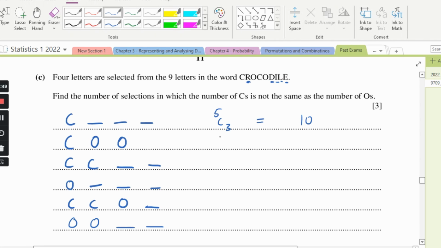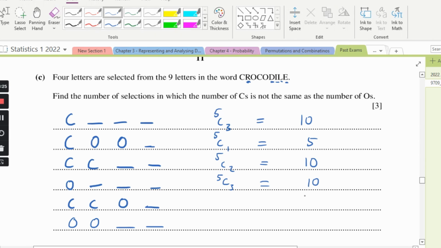Now, the next one is we've got 1 selection to make, and we're choosing it from 5 letters that aren't C or O, so that would be 5 choose 1, which of course is 5. The next one, we've got 5 letters to choose from, and we're choosing 2. So it's 5 choose 2, which is again 10. The next one is 1 O, and we've got 3 letters to fill, and we're choosing them from the non-C's and non-O's, so that's 5 choose 3,